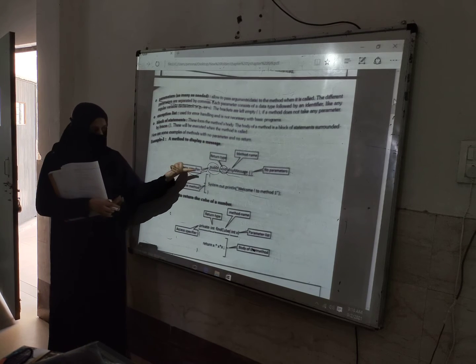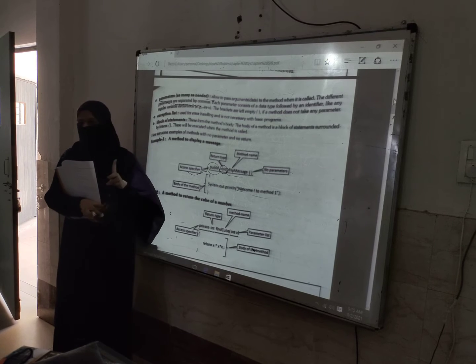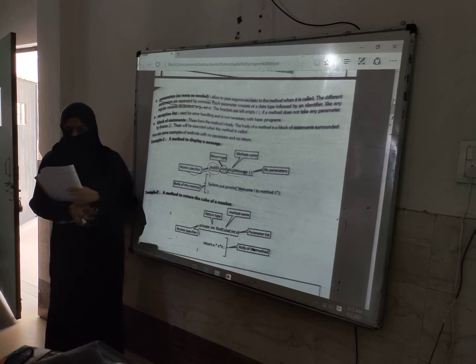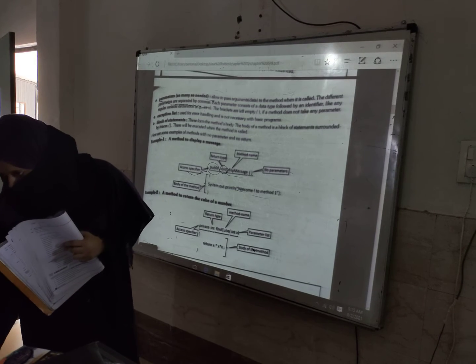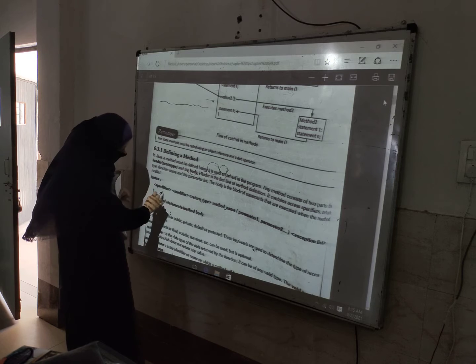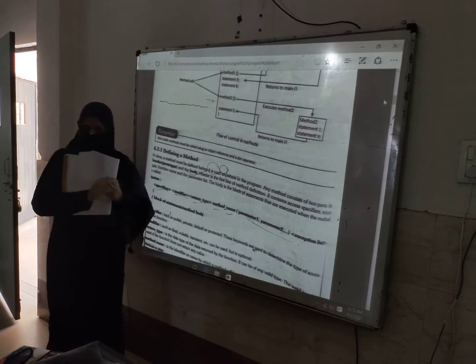This is one method syntax. Whenever I tell you to write the syntax of a method, you will write the syntax first like this: specifier, modifier, return type, method name, parameters, and exception list. The exception list is not in this chapter; you will understand its use by the program.